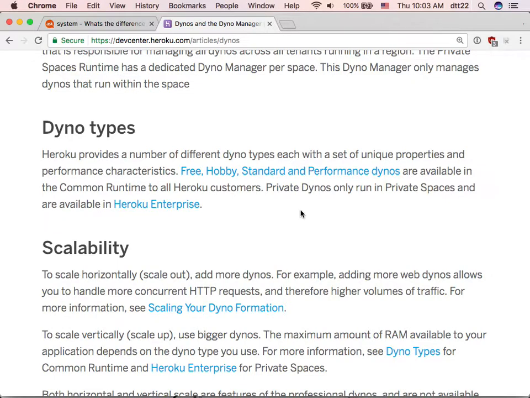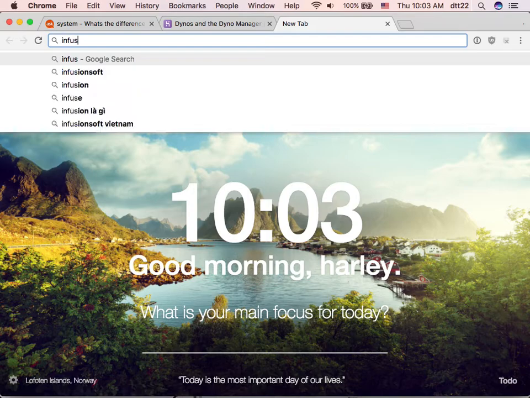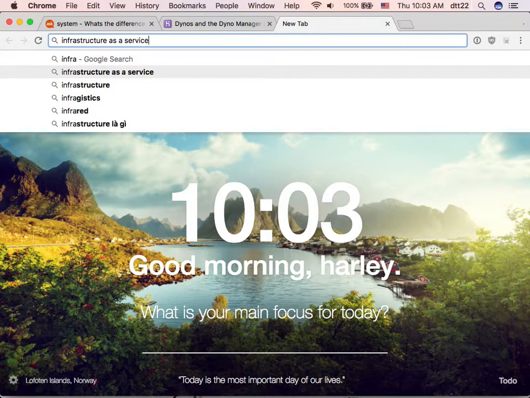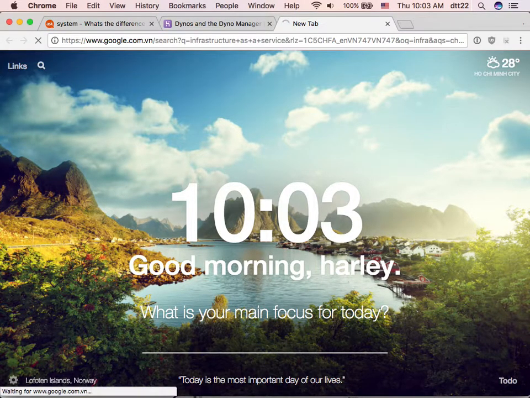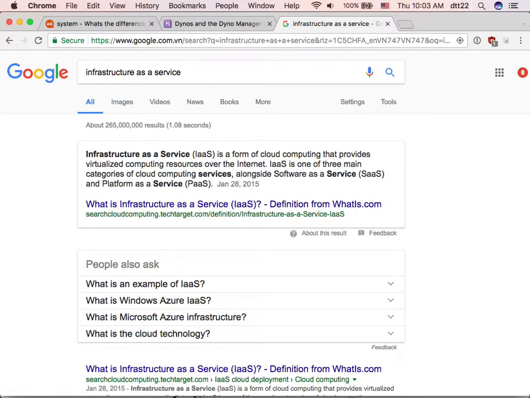Sometimes you hear the word besides platform, it's actually infrastructure as a service as well. It seems a little more advanced. Maybe infrastructure as a service is, I think, in a platform. It's okay. Let's see which one makes more sense. Are you putting an infrastructure on top of a platform, or are you putting a platform on top of an infrastructure? Infrastructure sounds like the most basic to me.